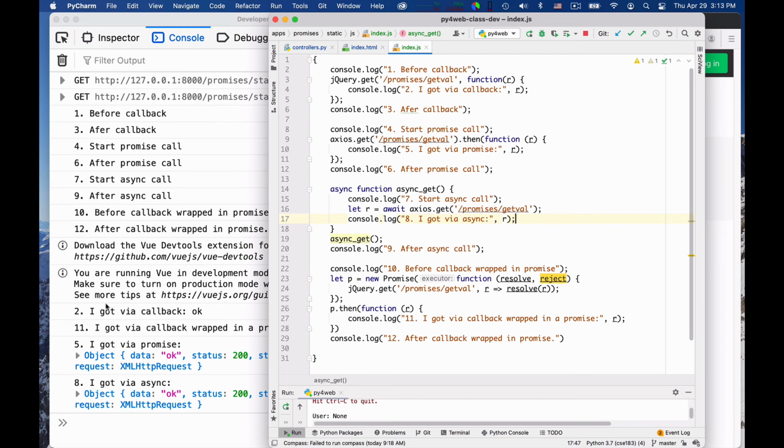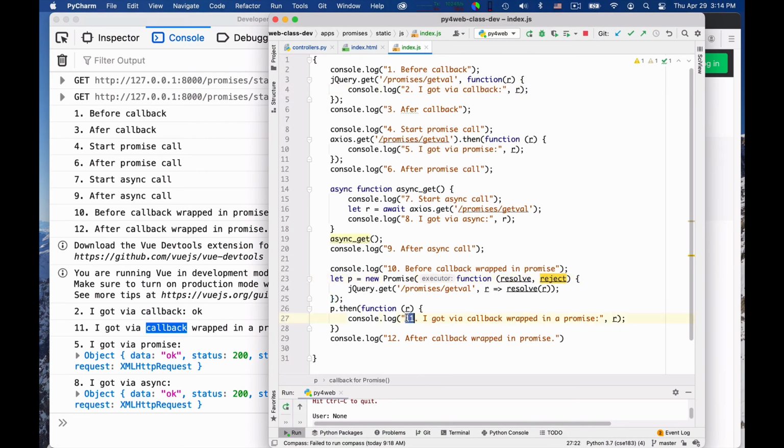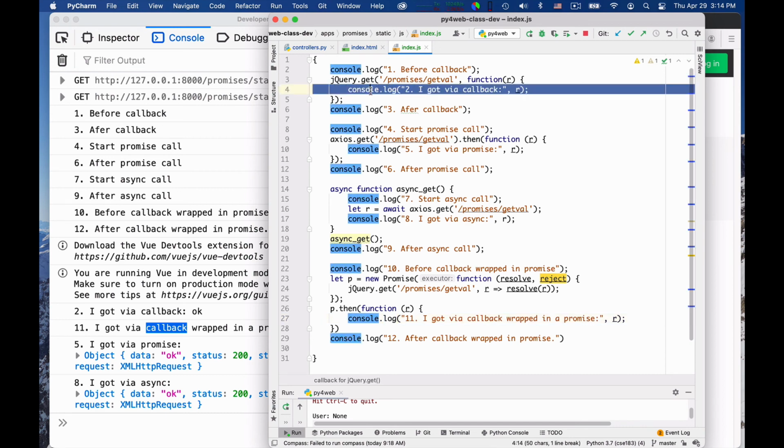Okay. So the first that comes back is 2. Okay, so this comes back first. There is no reason why this comes back first. It's a bit at random, really, given the behavior of the network. Then the other thing that comes back is 11. So it happens to be this one. Okay, we have essentially initiated 4 network calls roughly at the same time. Now they're gonna come back roughly at the same time, and it's a bit arbitrary which gets done first. So in this case, this gets done first.